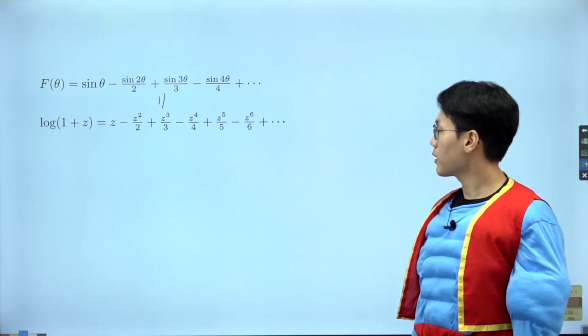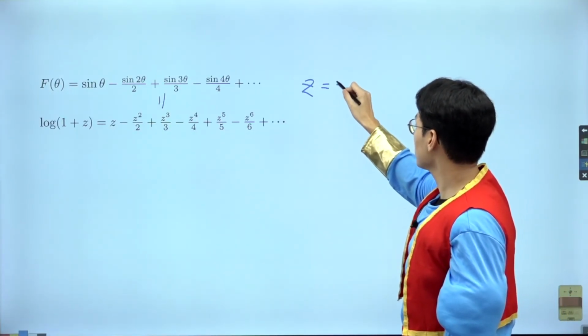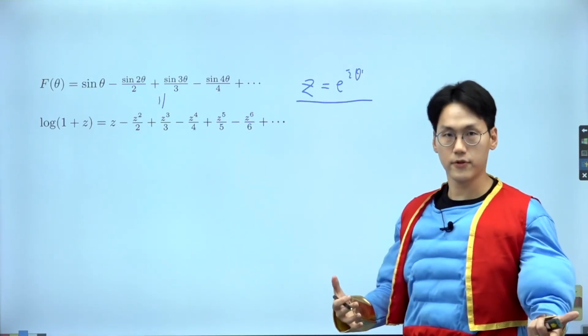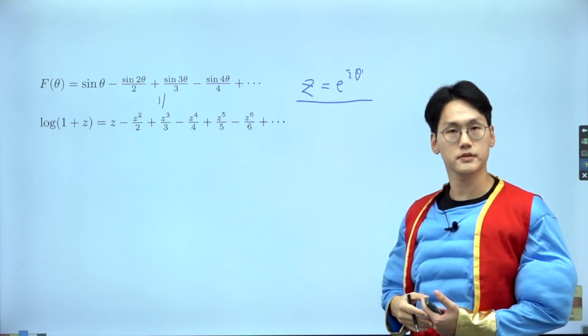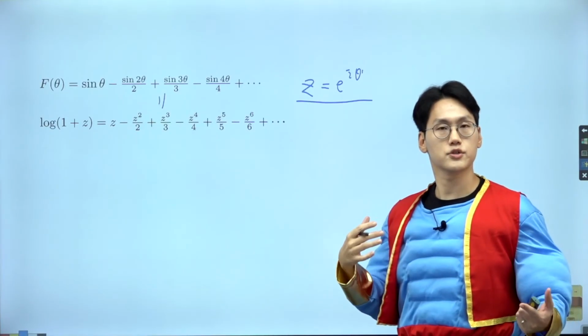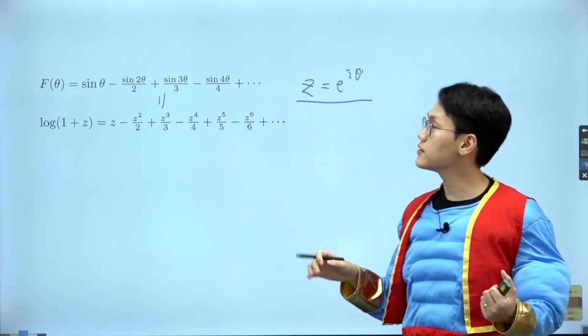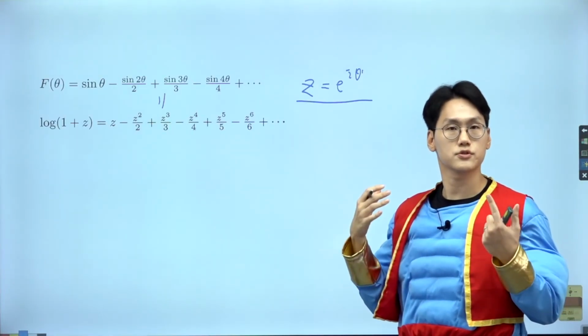So what I like to do is let z be e to the power i theta, okay? But it's a sum of sines. What do you think will be the next approach after having taken those complex number expressions, when I want to somehow induce the expression of a sine, especially the infinite series of a sine? Very good. For the chapter on complex numbers, something to do with the sine is really just associated with